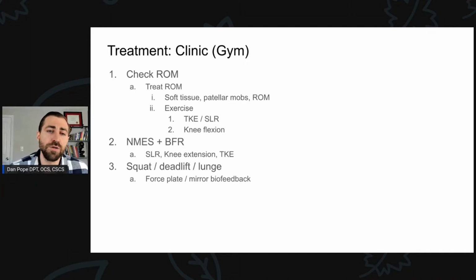The second thing I do is treat that range of motion deficit. I look at which direction is most limited, and I start working on those ranges. For me, that's going to be some sort of soft tissue mobilization. If someone's limited with knee flexion, I'm working on the quad. If they're limited with knee extension, I'm working on the hamstrings and the gastroc. I may follow that up with some patellar mobilizations, some tibiofemoral joint glides, and some passive range